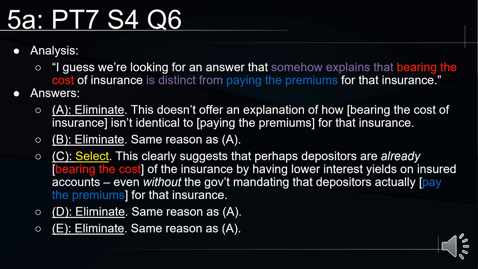And so really, I just want to emphasize here, yes, there is some analytical depth to C, right? But you don't have to worry if you don't actually get what C says. Even if you don't understand it directly, it is the only one here that actually tries to talk about the cost of insurance and who is paying for that cost, right? It's the only one that's even having the right discussion. So as long as you can see the fact that the red, blue, purple thing exists, C is really the only one that could possibly have any hope of being the correct answer.